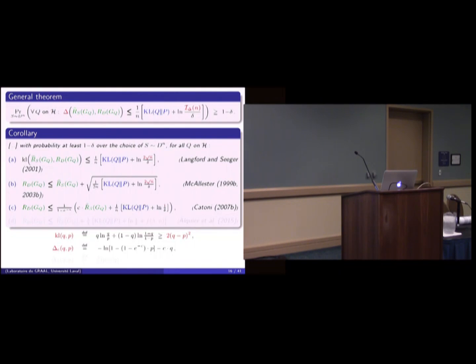Also, the Catoni bound is very interesting because it's the first one that has a convergence rate of 1 over n. But it's not exactly true because there is some kind of bias here. Okay, but you can control the bias. You can take a very small c and things like that. But nevertheless, it's interesting. And Olivier has some interesting results also in statistics using PAC-Bayes theory to say that we can manage to have fast rates. Are you going to talk about that this afternoon? No, that's too bad.